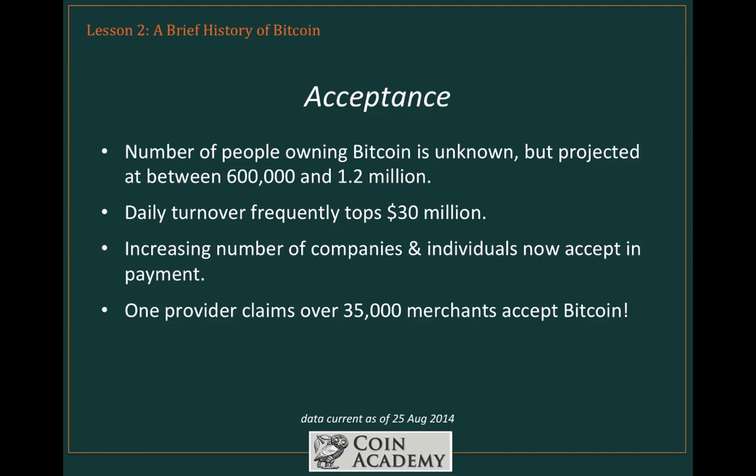Now, I would say that that number is probably actually on the low side, because when we talk about 35,000 merchants accepting Bitcoin, this would be 35,000 merchants who are working through traditional point of sale methods, as opposed to freelancers, contractors, programmers, designers, artists, other craftsmen around the world who are accepting Bitcoin directly, and they don't use traditional point of sale systems. Bitcoin ATMs have also begun to appear in major cities, again signaling widespread adoption and increasing